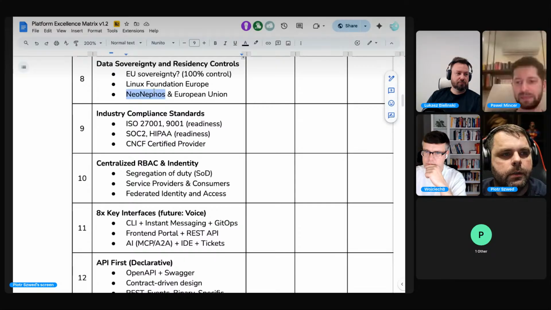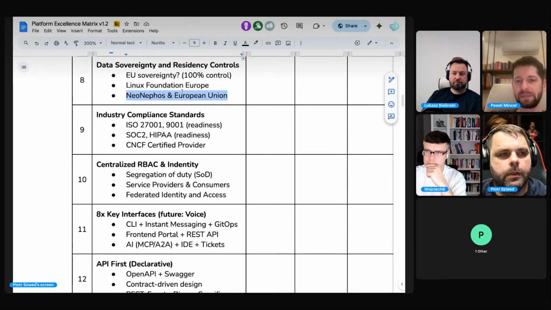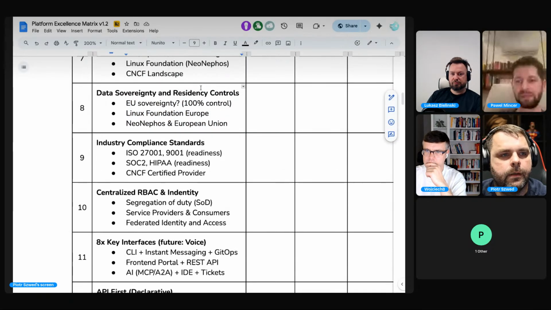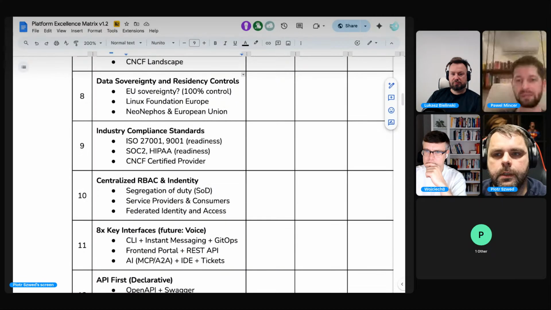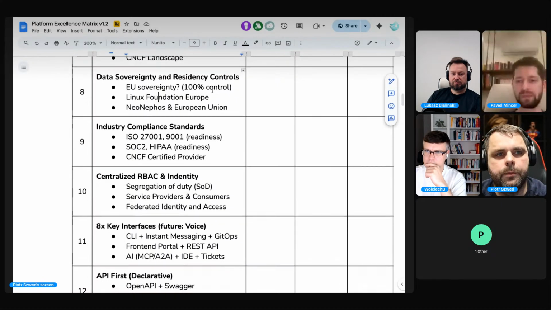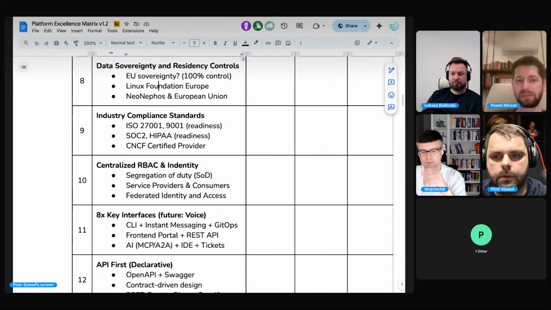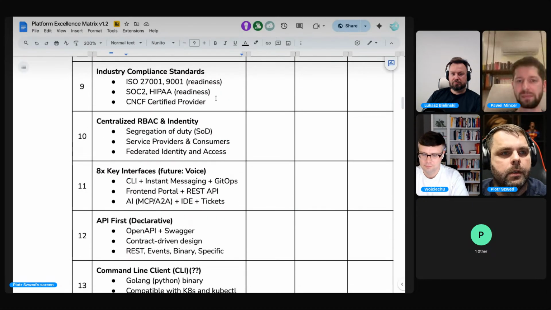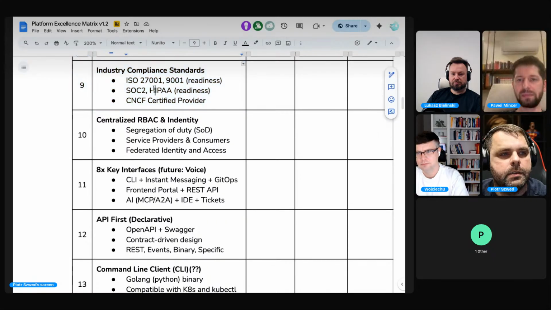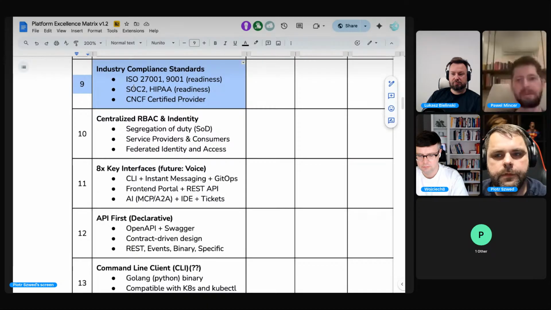That's also why NIFOS, the new CNCF for Europe, is so important. So we have a local, European CNCF branch, right? And this kind of initiative. So yeah, we'll see how it grows, but I think this is a pretty hot topic today. And when we build a platform, we need to be sure about something we might want to control long term. Okay, when it comes to industry compliance standards, do we expect the vendor to be certified?